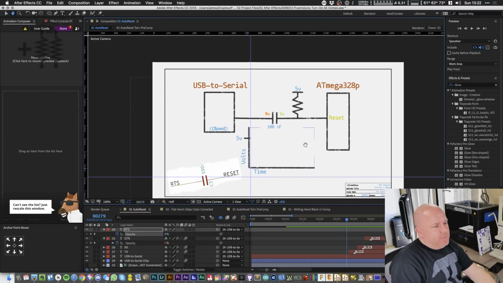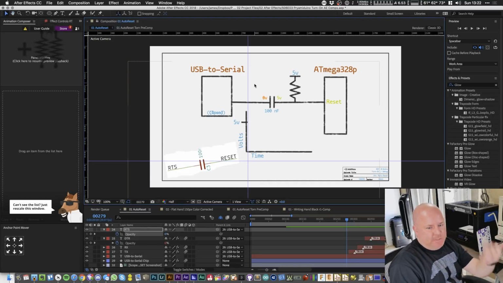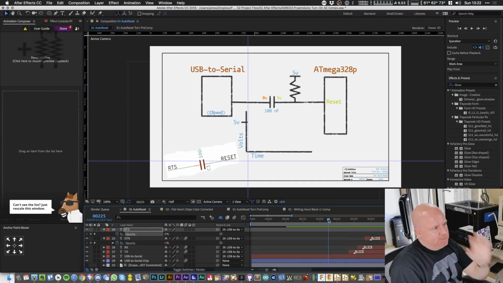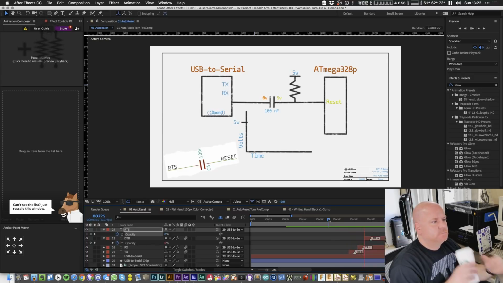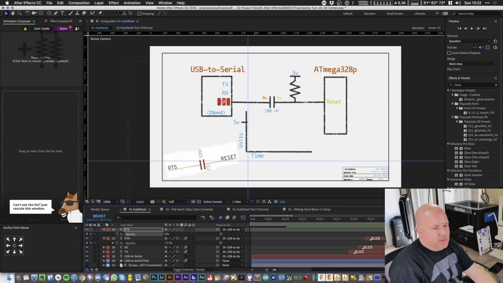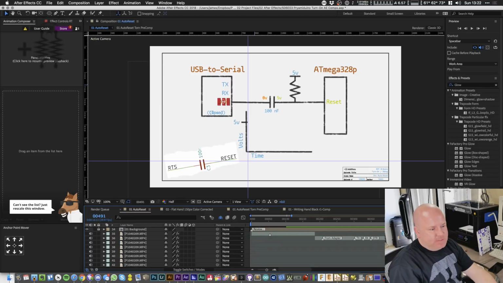So what I'll probably end up doing is doing the zooms around this thing when it's all done, just to draw some focus. The serial adapter, there are 3 signals: transmit, receive, and DTR. Or you can also use RTS. This signal is active low. Okay, so when I say this signal is active low,